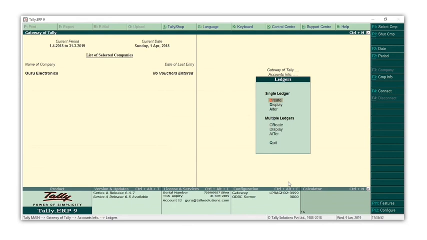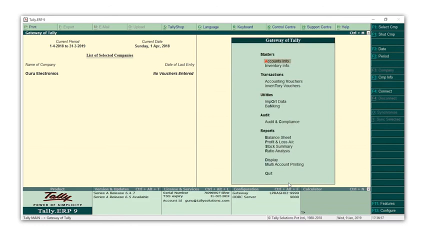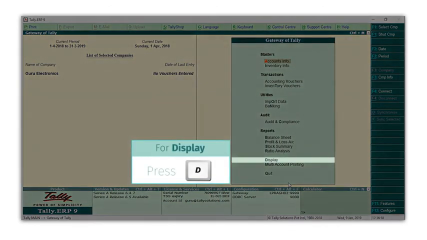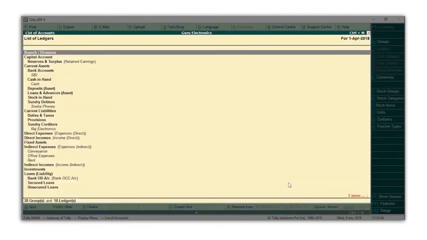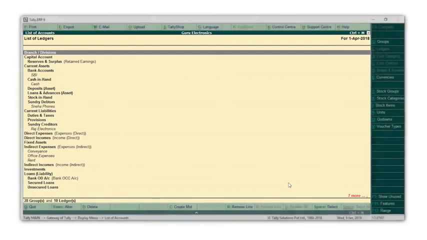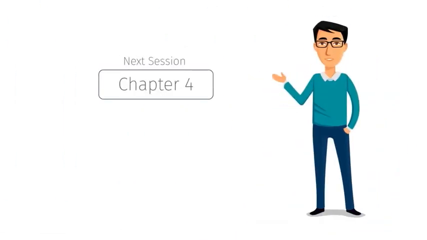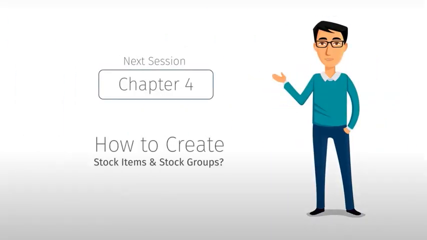At any time, if you want to see your chart of accounts, press Escape and come back to the gateway of Tally. Press D for Display. Press L for List of Accounts, and your chart of accounts is automatically created, containing all your ledgers. In our next session, you will learn how to create stock items and stock groups in